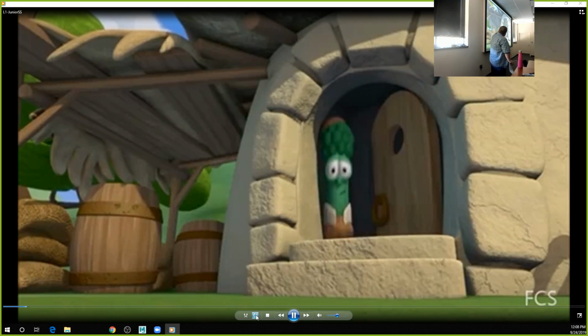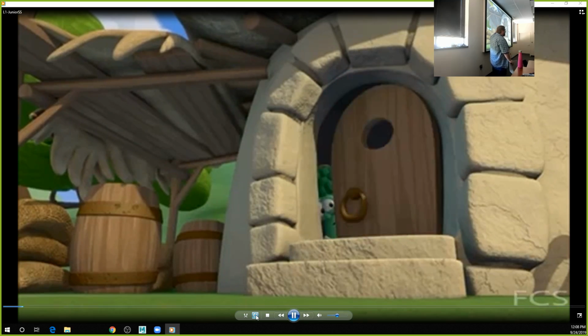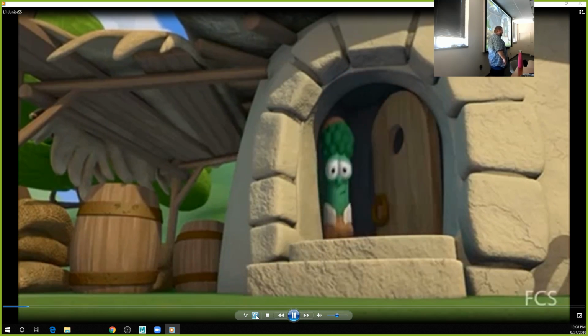Yeah. So anyway, back to the subject. The interesting thing about Junior Asparagus is he has no limbs, right? He has no arms, he has no legs, and